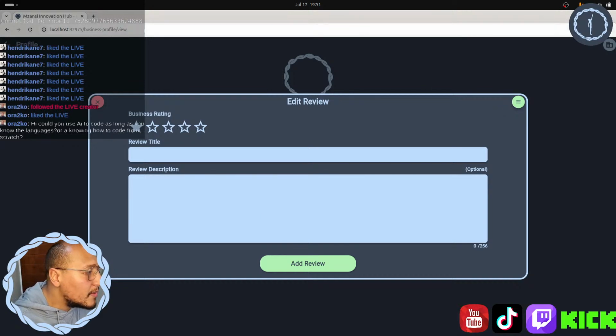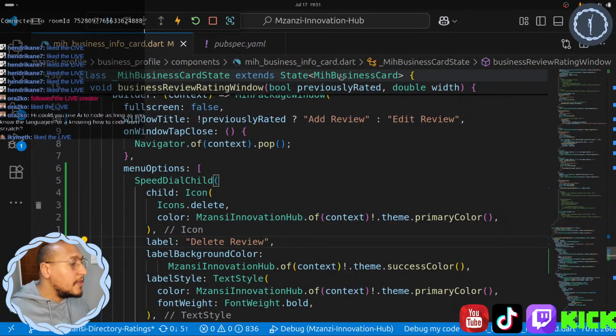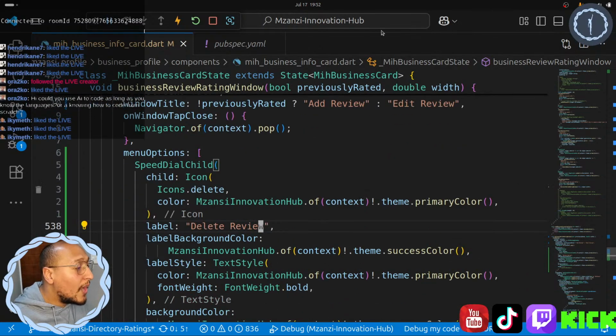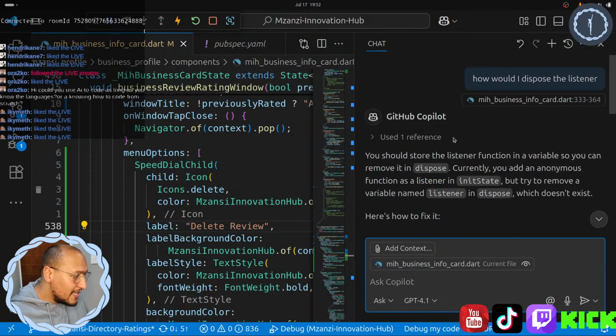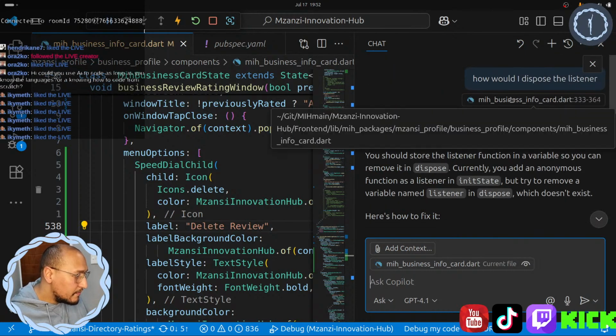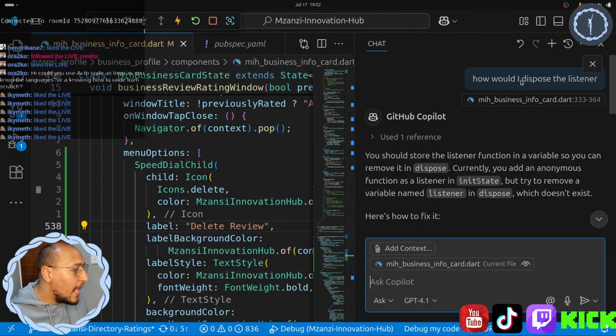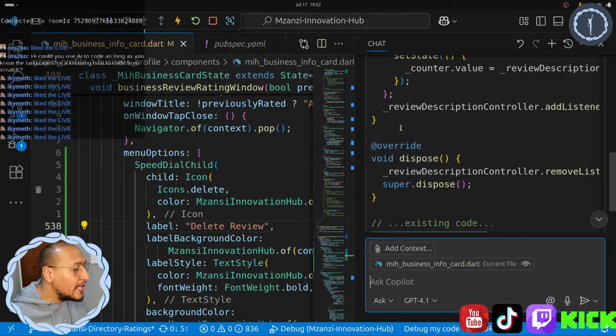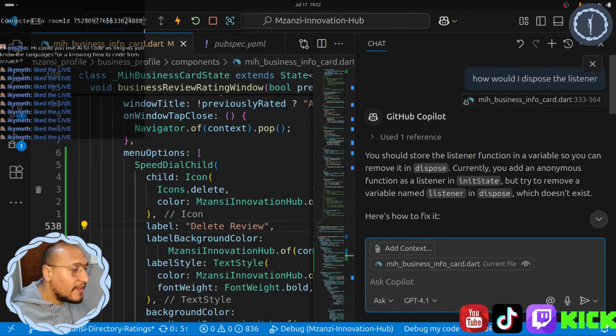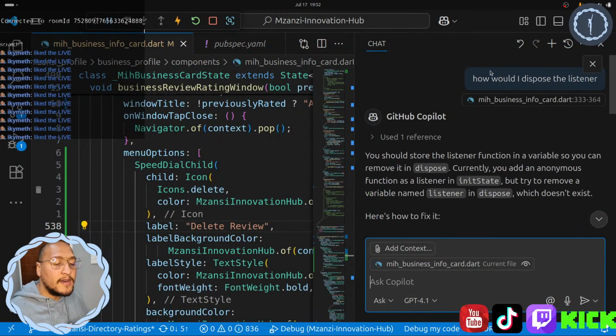So that's how you're going to have to use it. If you're having a problem, I'll show you how I use it. If you're using VS Code, let me know what IDE, what coding platform you're using to code in. There's multiple ways of doing this. You can use Copilot at the top, and you can see I even used it today. I gave it my code file and asked it the question, how would I dispose the listener? I was lazy to figure that out. It gave me the code, and you can use this inside your currently existing code, because you know how this code works. You can even specify in your question, please make sure you follow the coding style of the file, and then it won't deviate or over engineer for you.